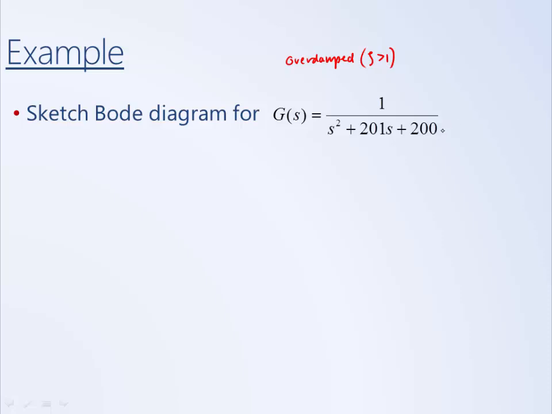So we can take this quadratic denominator and factor it into a term s plus 1 and a term s plus 200. Okay. And so if we wanted to sketch the Bode diagram for this transfer function, the very first step is to put the system into Bode form. And from inspection, we can see that it's